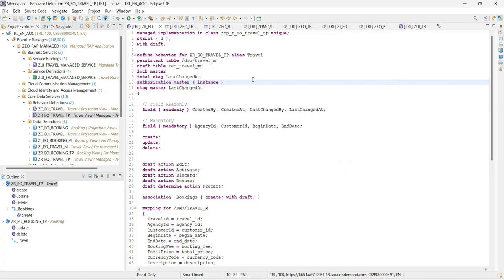Draft, yes. I guess at least in the 1909 version, and BOPF as well, at the header layer, BOPF has two kinds of things, a structure and the element. At the BOPF layer, if you just go to the very header, there is a capability. You can define the capability which says whether it should be draft enabled or not. This first. But while you are working on the CDS based BOPF application, you would know